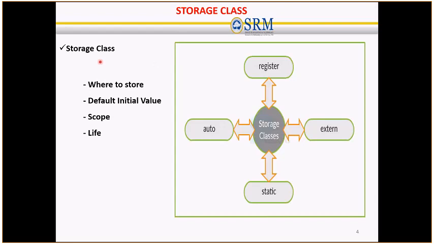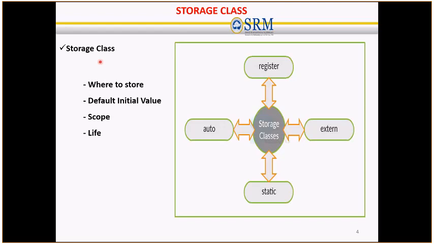A storage class is used to describe the following things: the variable scope, the location where the variable will be stored, the initialized value of a variable, the lifetime of a variable, and who can access a variable. Thus, a storage class is used to represent the information about a variable. A variable is not only associated with a data type and its value, but also a storage class.